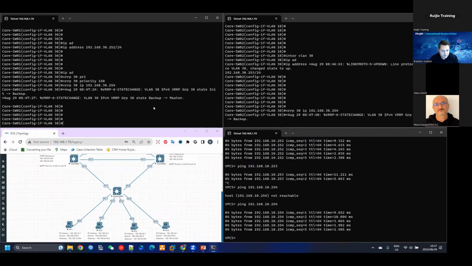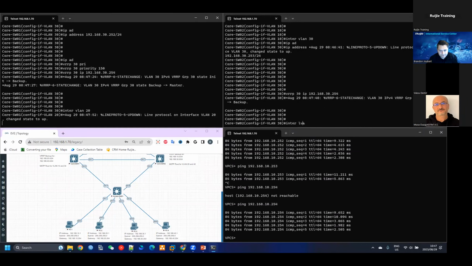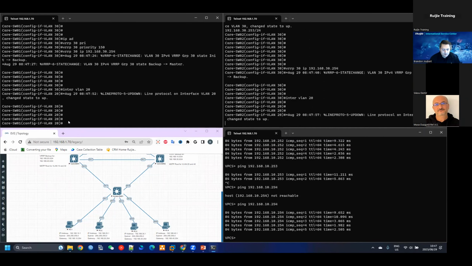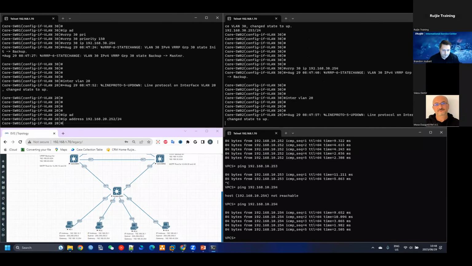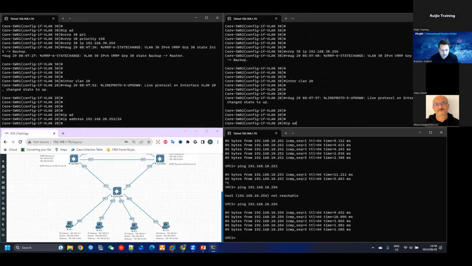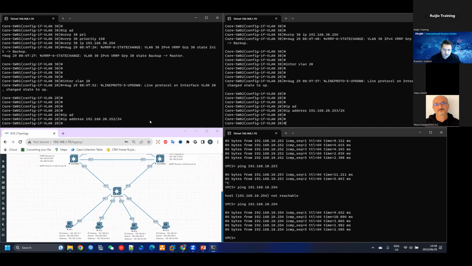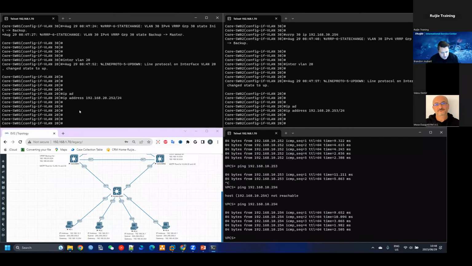Now just for the last VLAN, let's do VLAN 20. Interface VLAN 20. Okay. That's IP address 192.168.20.252/24 and IP address 192.168.20.253/24. I want this switch to be the master for this network. So because I want that on this switch, I'm just going to configure VRRP 20 IP